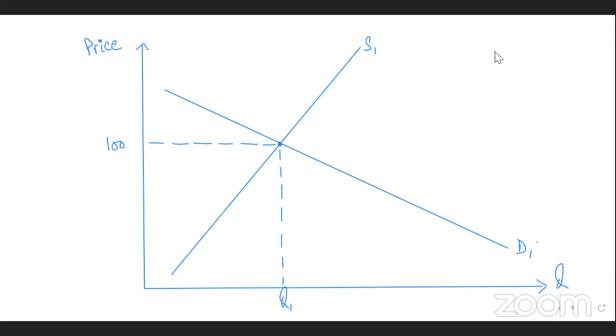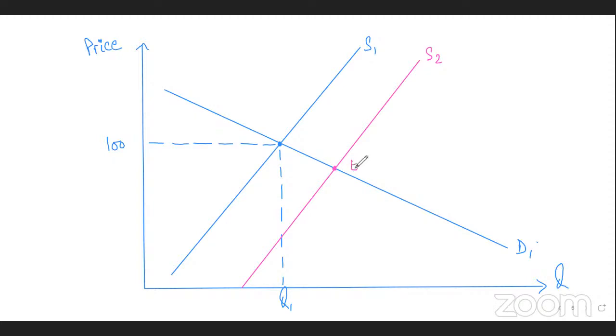When the subsidy is provided, your supply curve shifts to the right like this. Got it? Easy. We good on this? Okay. Now, your supply curve shifts to the right like this. Okay. Now, at the new equilibrium, where the new supply curve is intersecting with the demand, that is this point,